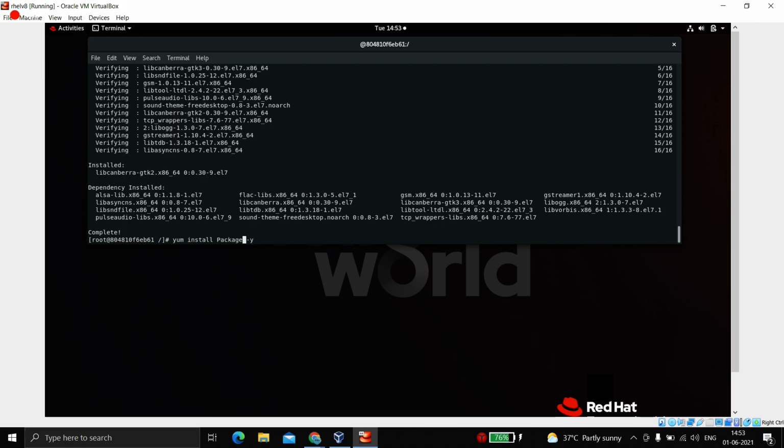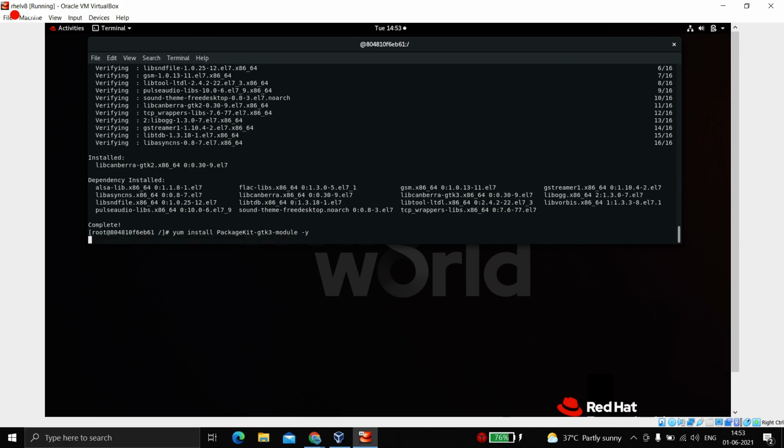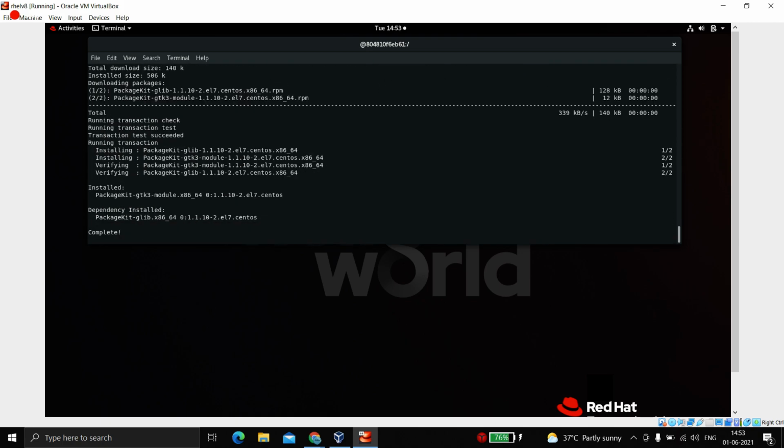It is capital P, package, capital K, kit, gtk3 and module. Yes, so it's also completed, and finally we'll download wget.